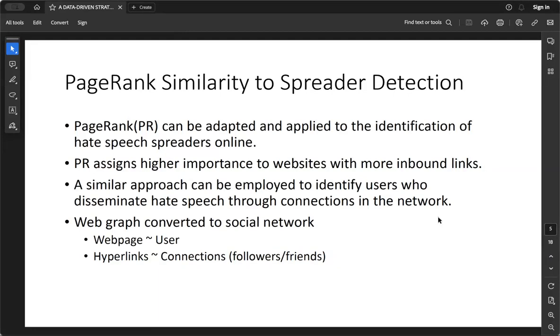social network platform. So the idea here was, if a user A is connected to multiple users who have a tendency to spread a lot of hate speech, then their potential to spread hate speech should also increase, as they are exposed to more hate speech content. What do I mean by that? Let's just try to visualize the scenario.